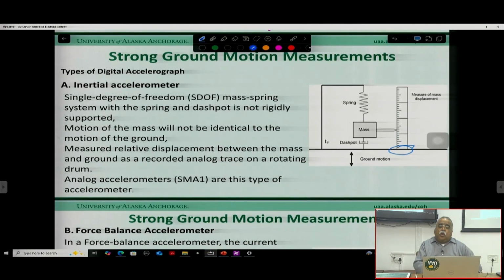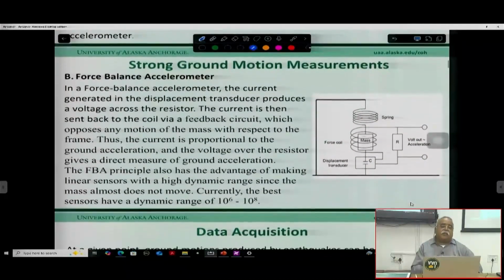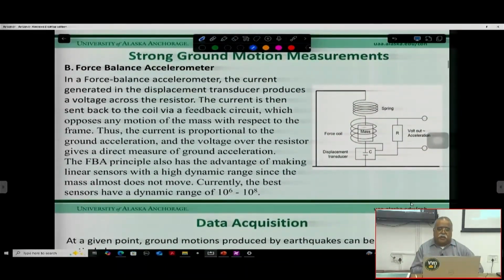So what I want is that basically the mass should not move, but since the frame is moving, that creates the movement, and we can measure the accelerations. Now, how to do that? We had a system which we call a force balanced accelerometer. Force balanced accelerometer means